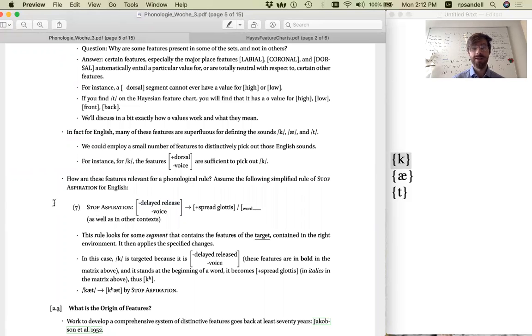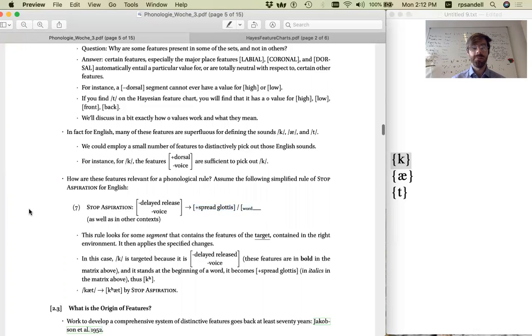And this rule specifies that when we have sounds which are minus delayed release and minus voice in English, they become plus spread glottis. In other words, they obtain longer voice onset time, aspiration, when they're at the left edge of the word. So this rule will look for some segment that contains the features of the target, which is on the right side here, and it will look for whether it occurs in the correct environment, namely at the beginning of the word, and then applies this set of changes, which is specified here, saying that the targets become